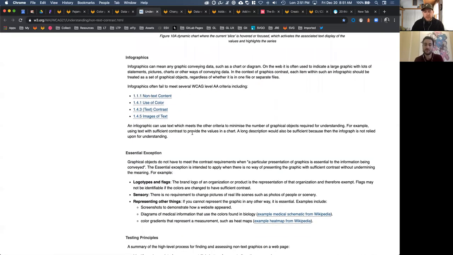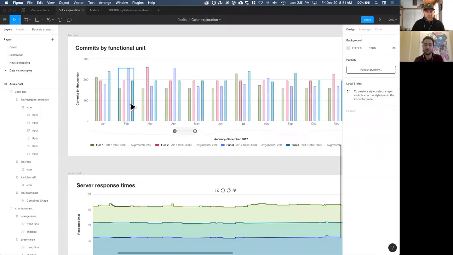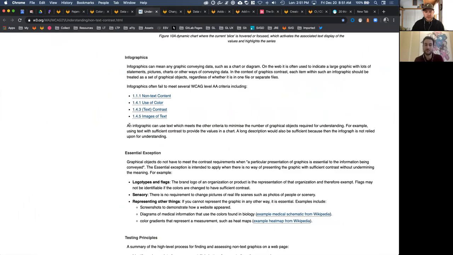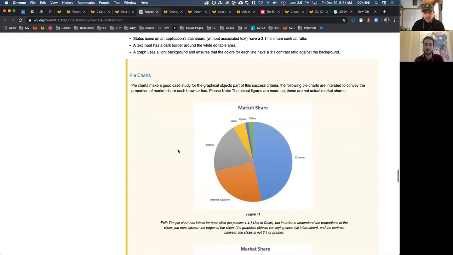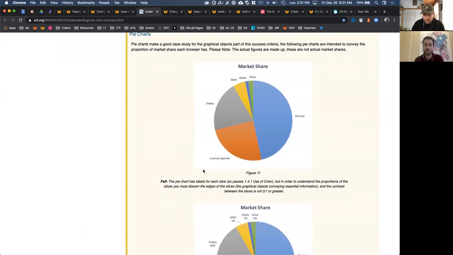And so that's where a lot of what we're doing is where there are no data points specifically related to these. So the color is what helps indicate the difference. And I think here's another example here. They've got, let's see. Yeah, so this one is a fail because of,